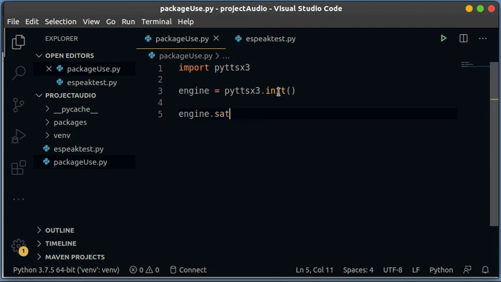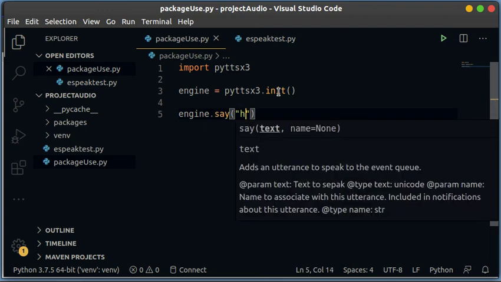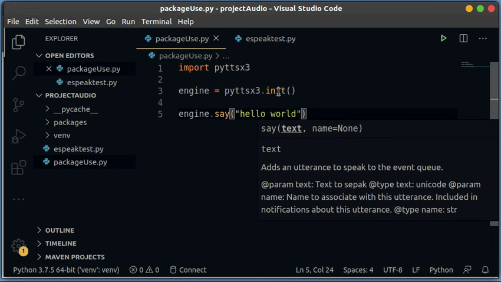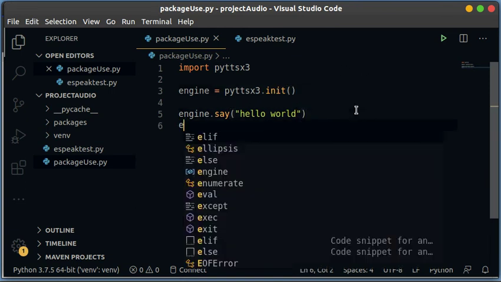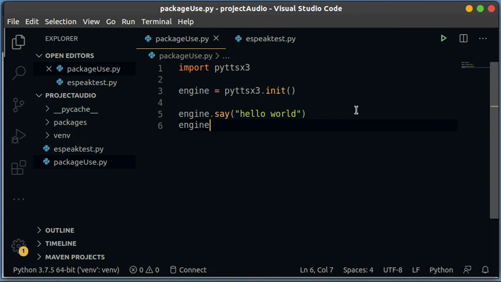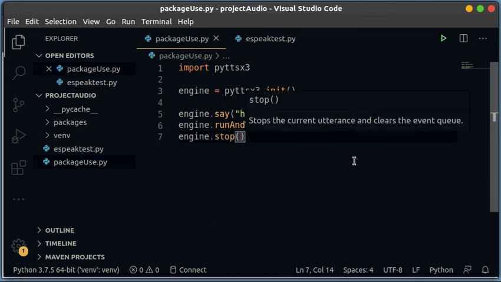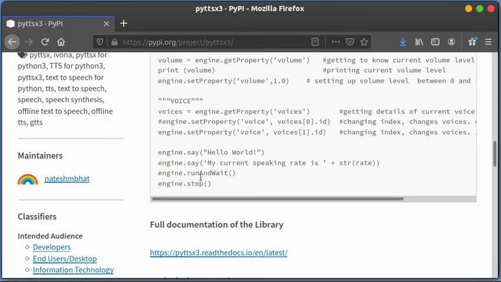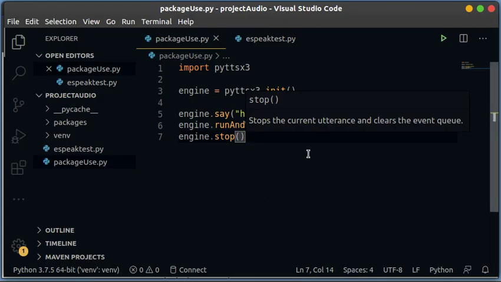Okay, we have done that, so we can say engine.say, and in here whatever text we put in will be changed to audio format. So I'm going to just run this, and you can find this code on this website over here. You can find how to use this library on this website. I have already read the documentation, so this is how you work on it. So now if I run this application,